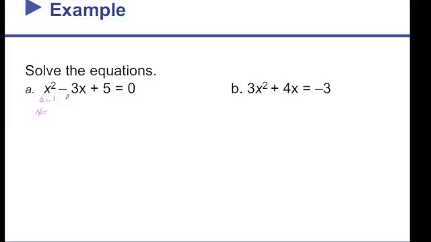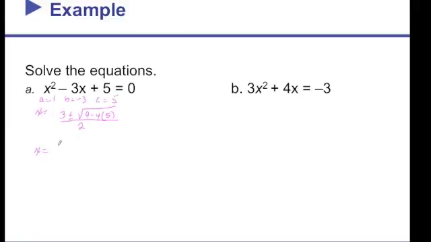I tend to use the quadratic formula. So here a is 1, b is -3, c is 5. So x equals negative of -3, so 3, plus or minus the square root of b squared, -3 squared is 9, minus 4 times a times c. So 4 times 1 times 5